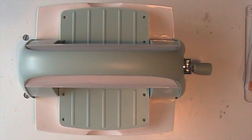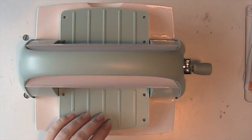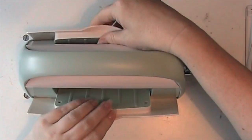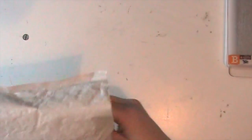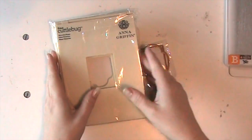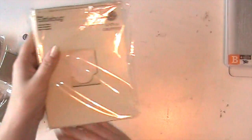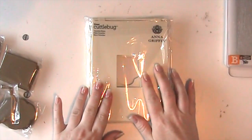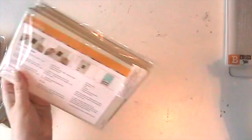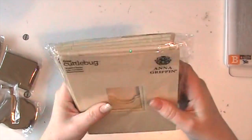This particular one is an embossing folder set. There's just a little bit different, something that I haven't seen before particularly, and I thought it'd be fun to share. So I will actually just move that out the way for a minute and pop this down and show you what it entails. So what you get is the embossing folder. In this case, because it's a set, we're getting 4 of these particular embossing folders,